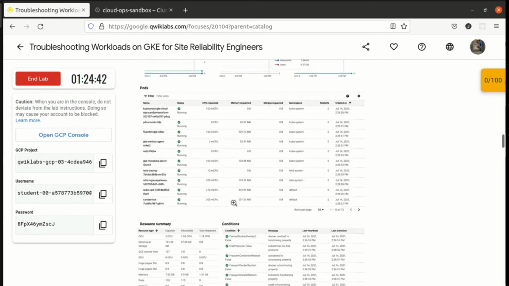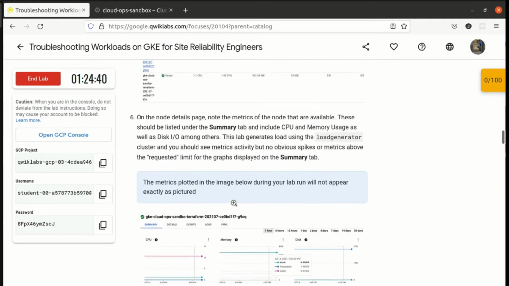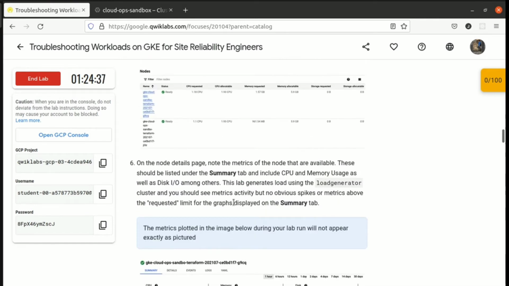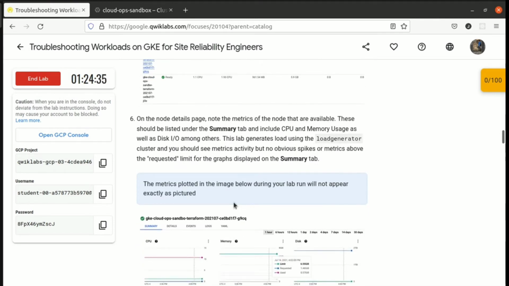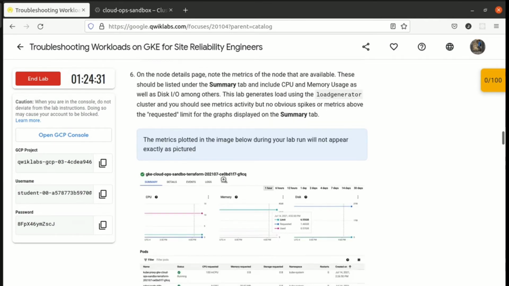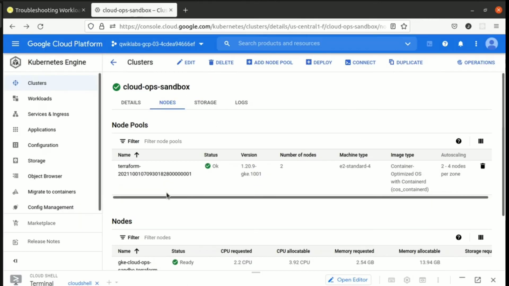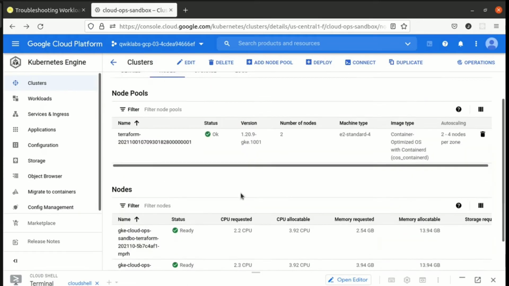Guys, wait a second. Summary tab and include CPU. Okay, this lab generates load using the load generator cluster, and you should see metrics above, but no obvious metrics plotted.